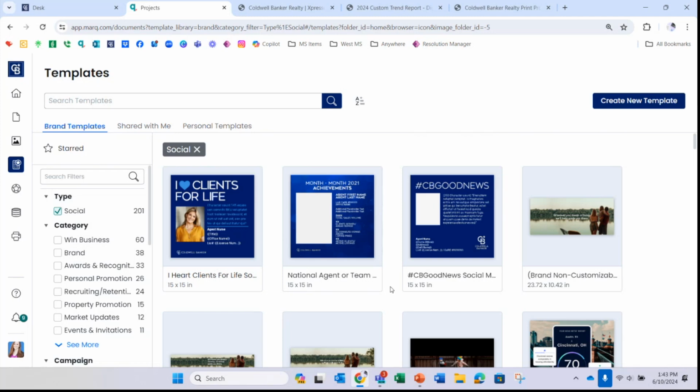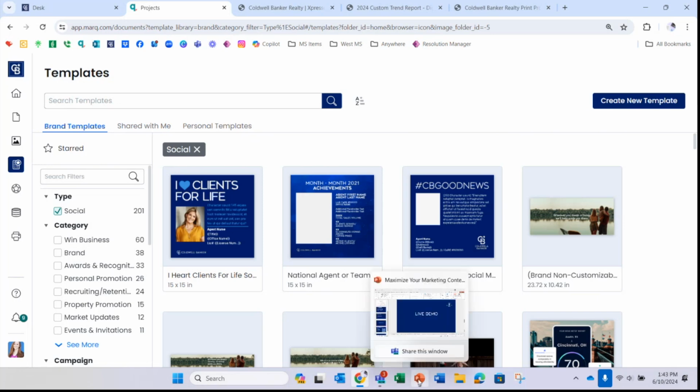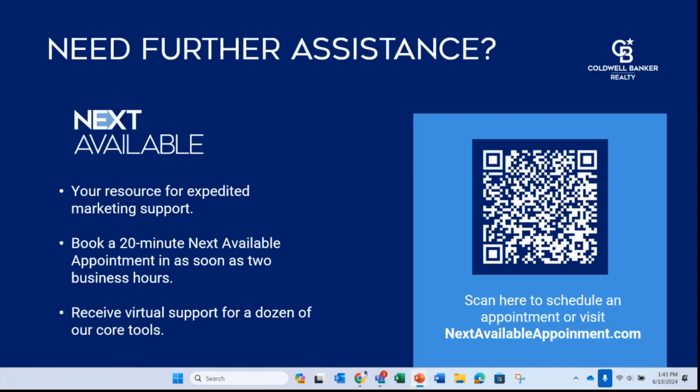All right, and with that, I've already shown you the various download settings in a number of our assets here. So I'm going to switch my screen over. All right, well, with that,